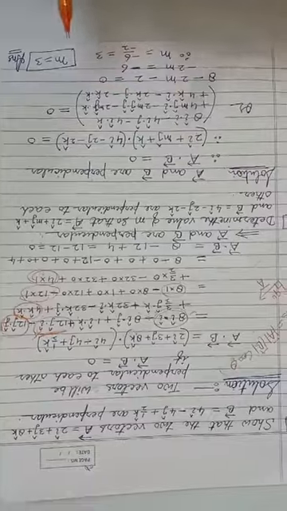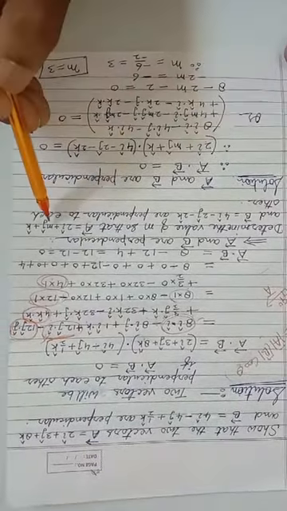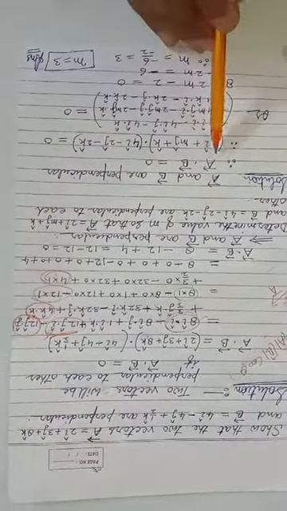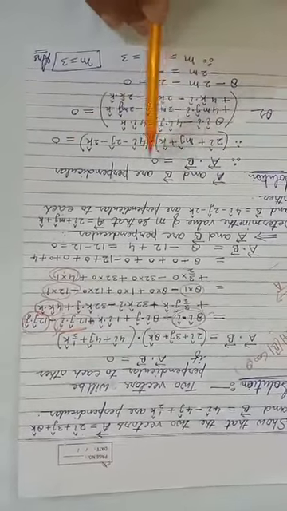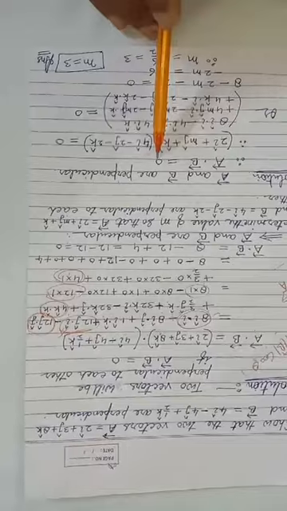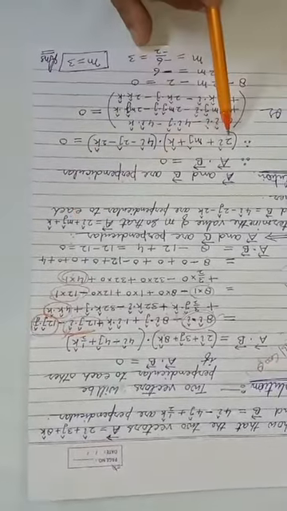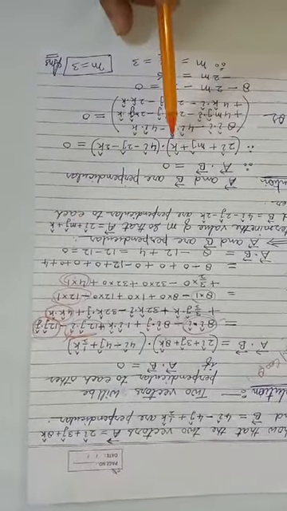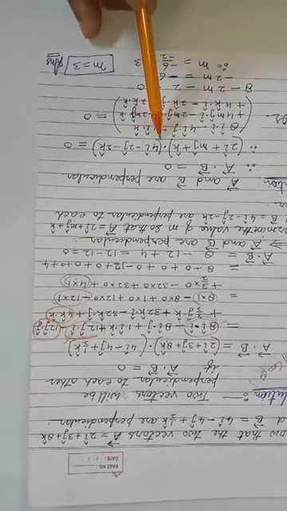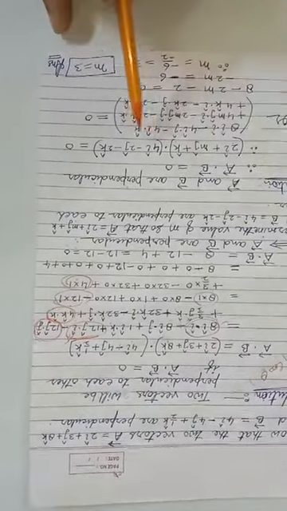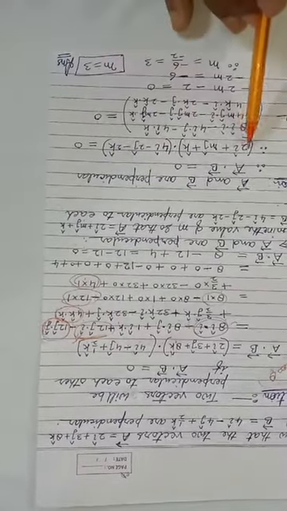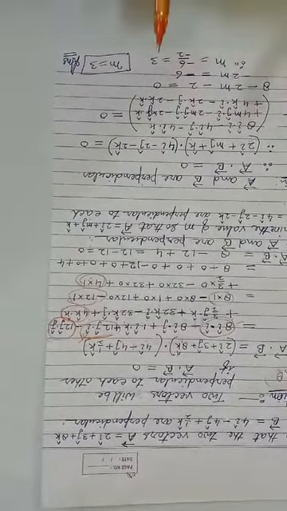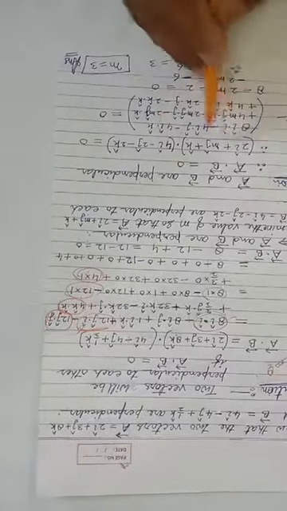So we are given here that vector A and vector B are perpendicular. We have to find the value of m. So we know that if two vectors are perpendicular, then their dot product will be 0. That is, vector A dot vector B is 0. So now put the value of vector A, 2i cap plus mj cap plus k cap, dot the second vector, 4i cap minus 2j cap minus 2k cap, equal to 0. Now in the same way multiply all these terms, and three terms will not be 0.